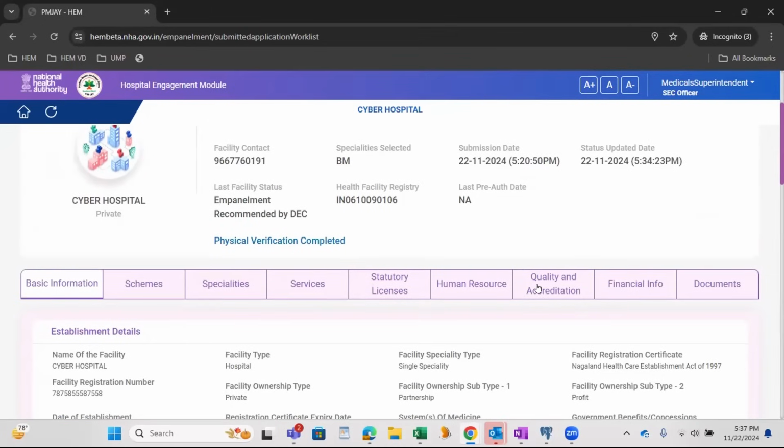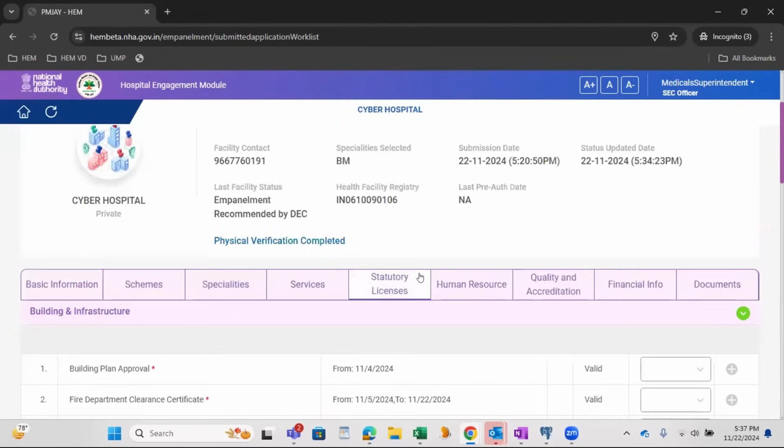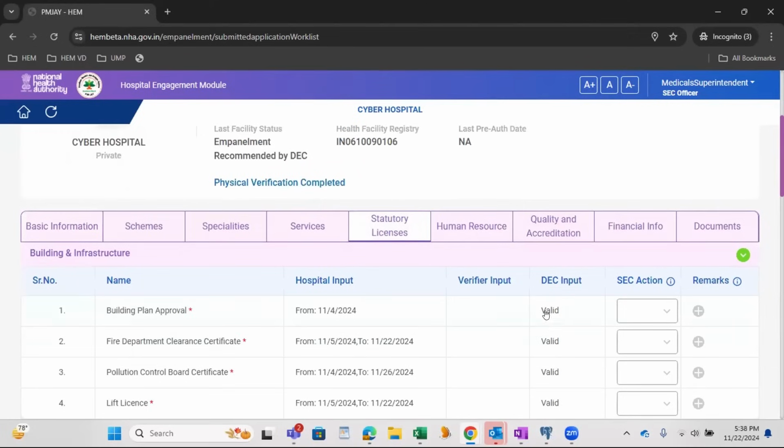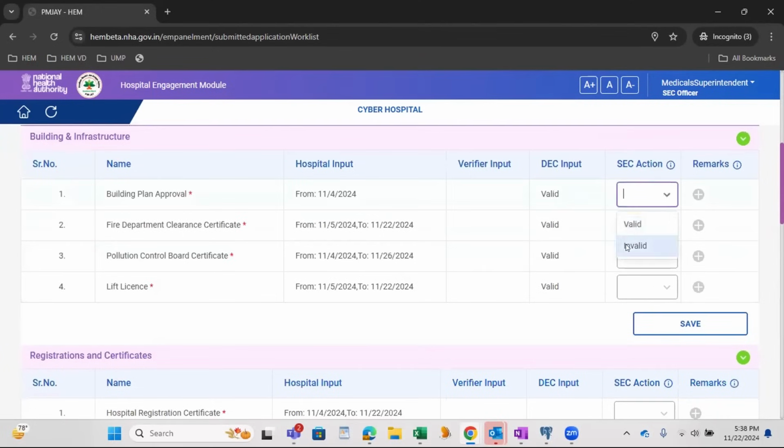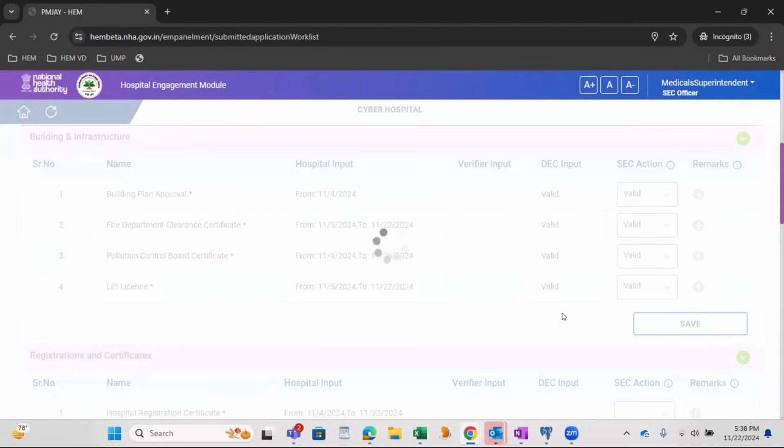He can modify, he can see valid, invalid, like statutory license, valid, DEC has given valid, invalid. So click on save.